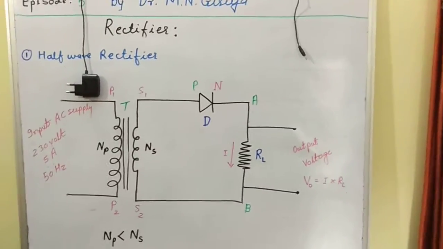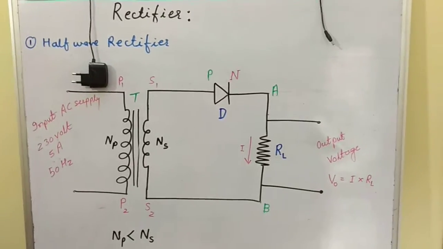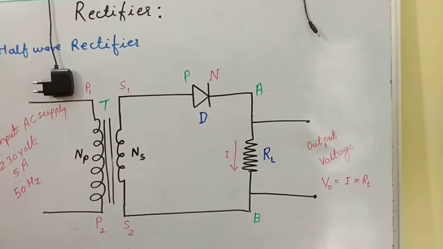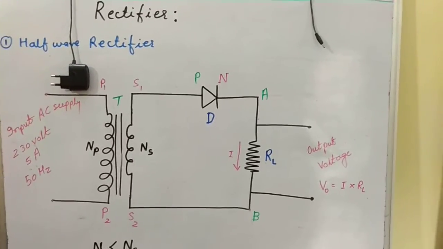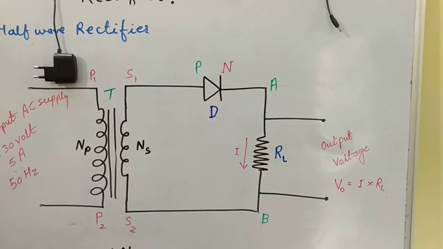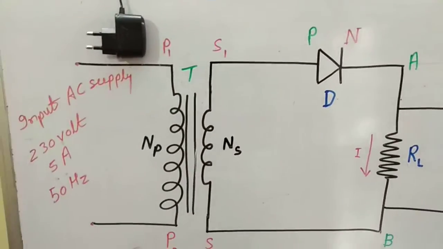First we learn about the half wave rectifier. In half wave rectifier we use only one diode. The circuit diagram of half wave rectifier is as shown in the given figure, in which the AC input signal which